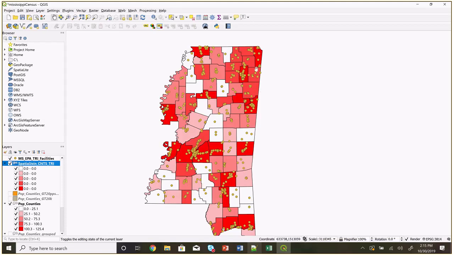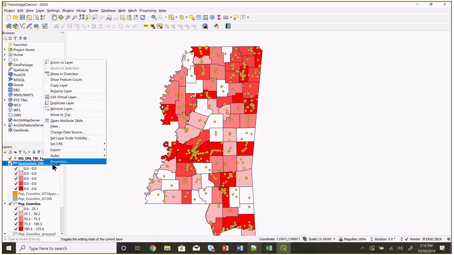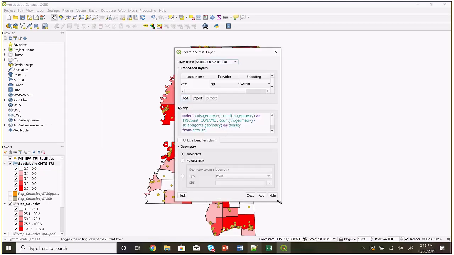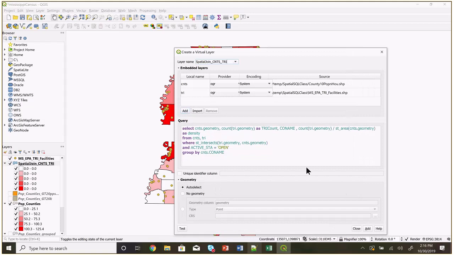So this is symbolized on the number of open toxic release facilities by county. That's what this symbol is. Okay. So very similar to what we did with the tornadoes and the hexagons that we created. Okay. So that's a spatial join. All right. So for today's lab, what you have to do, this one has a spatial join, and it has a